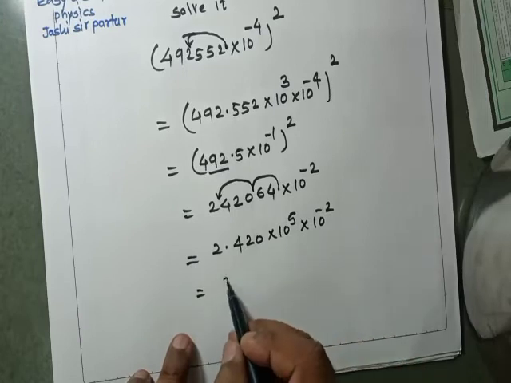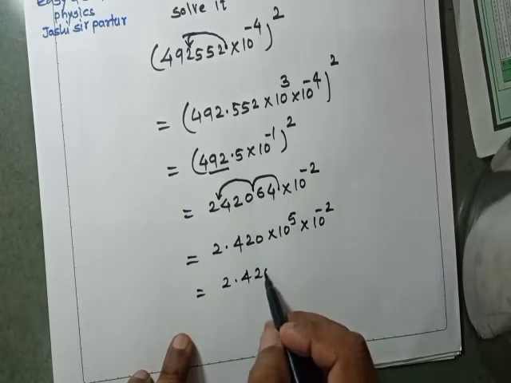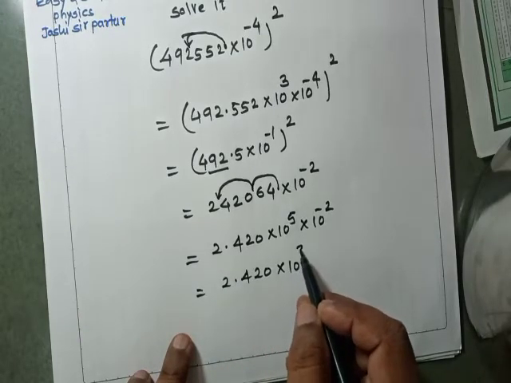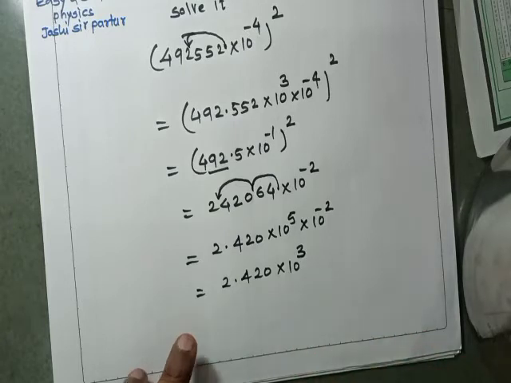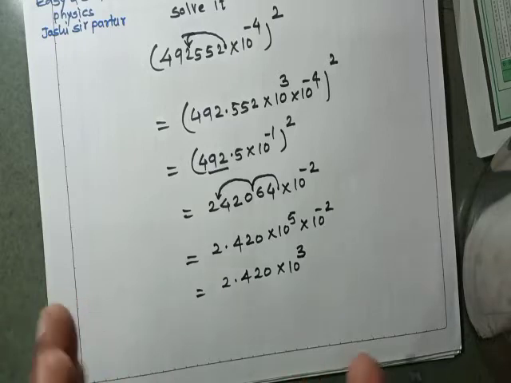So here the answer will be 2.420 into 10 to the power 3. Okay, means we can solve many numericals using squares. In many numericals, whenever there is a square, using the square facility or using the logarithmic and anti-logarithmic facility,